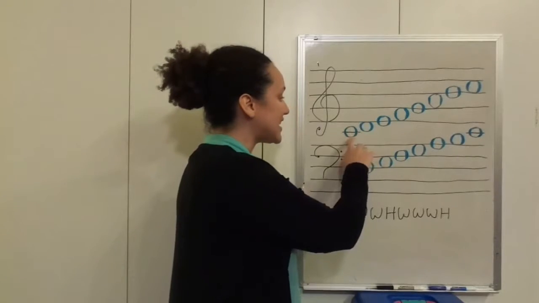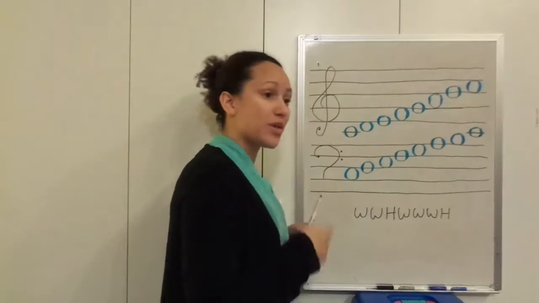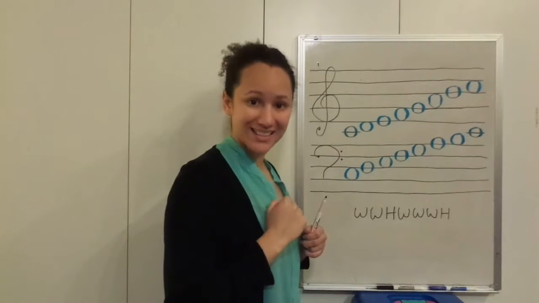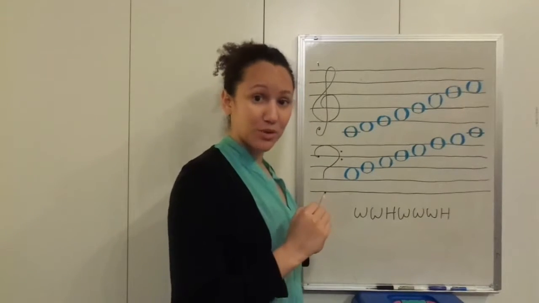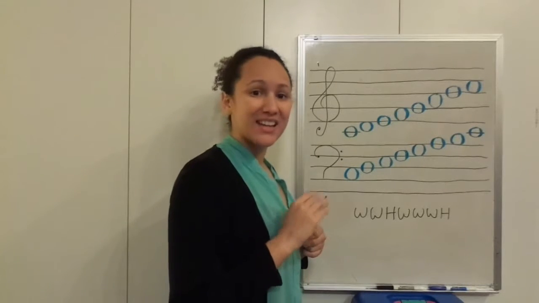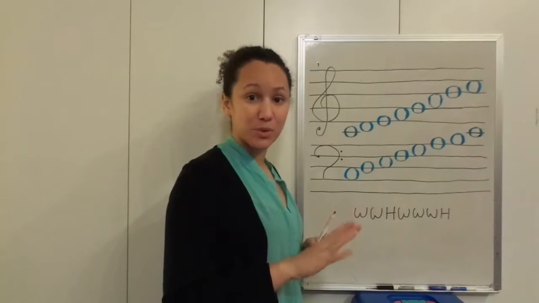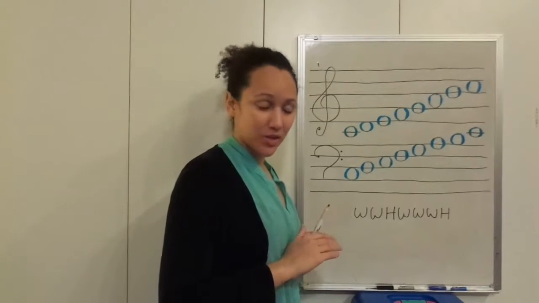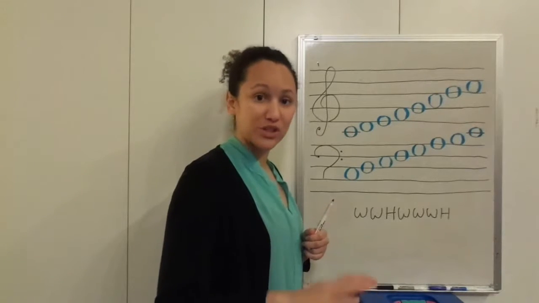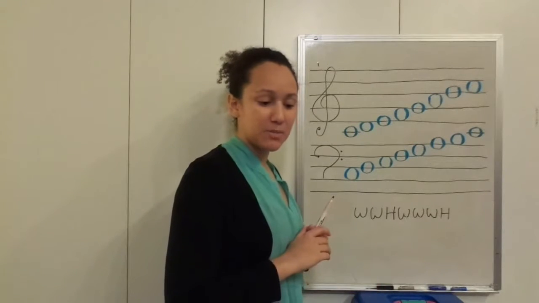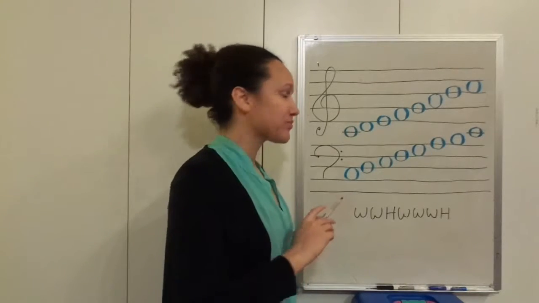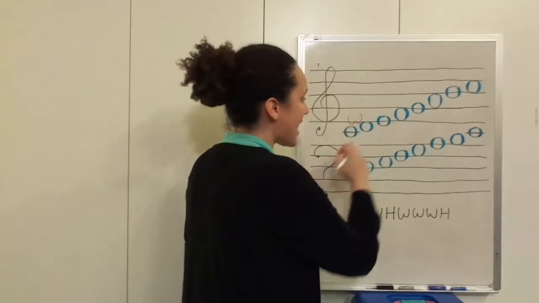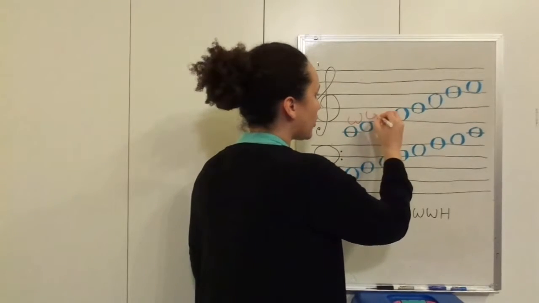So from C to D, there's a note in between that would be the black note or the raised note. We would have to have a sharp or a flat to get that. Because we don't have a sharp or a flat, everything is natural, everything is the regular name note. So we only have to deal with the white notes at the bottom, the original name notes, the white notes on keyboard instruments. So this here is the whole step from C to D,